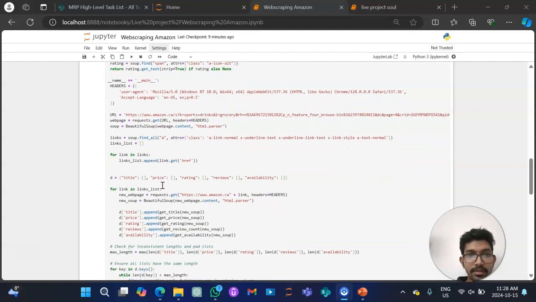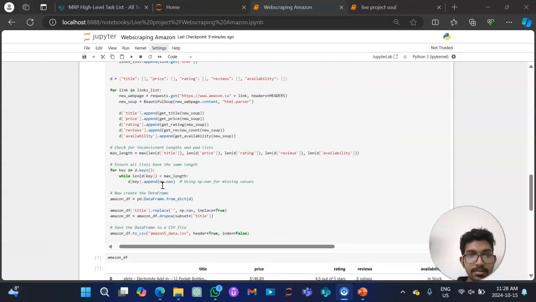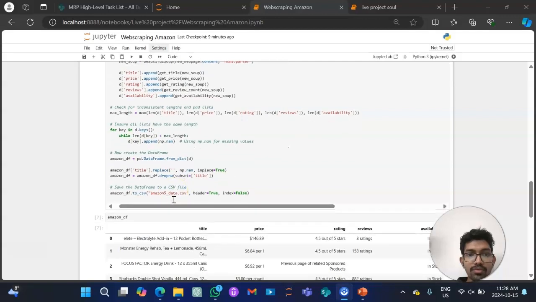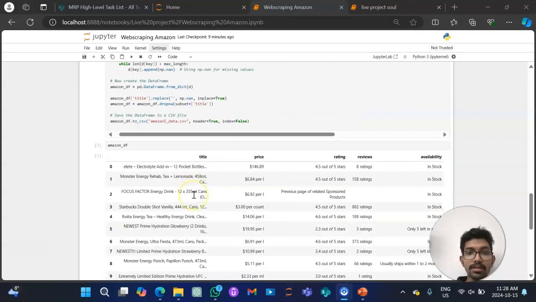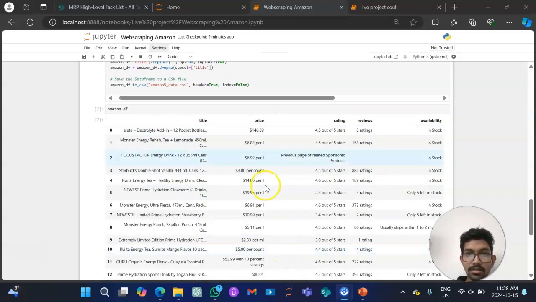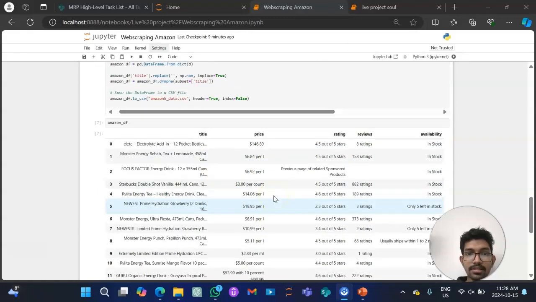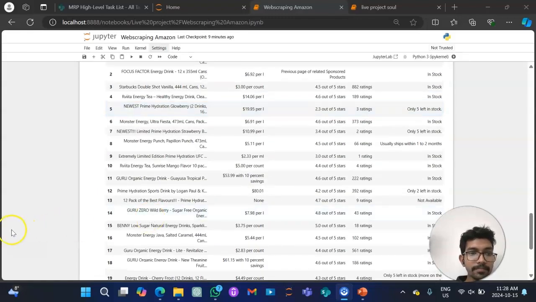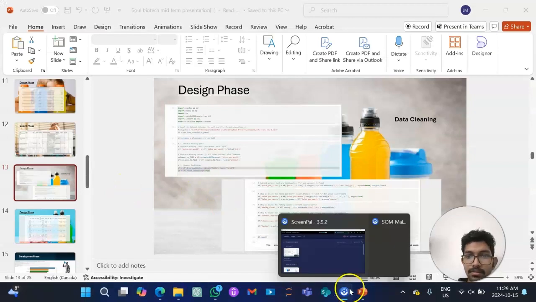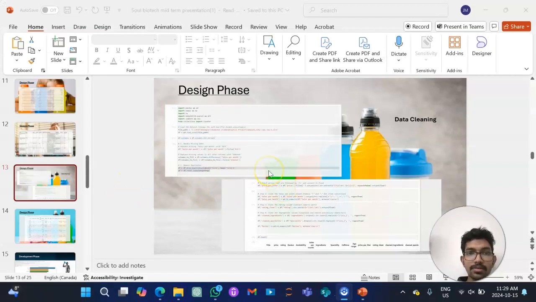And see here we have created a data frame, and now we have saved the data frame to a CSV file. And here is the overview of the dataset that we have created. So that's how the dataset was created using the web scraping.